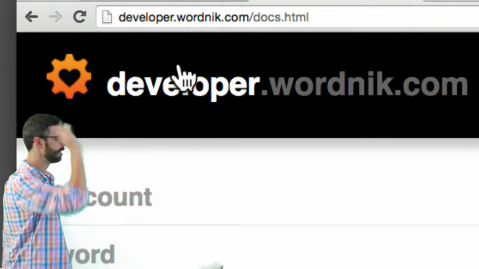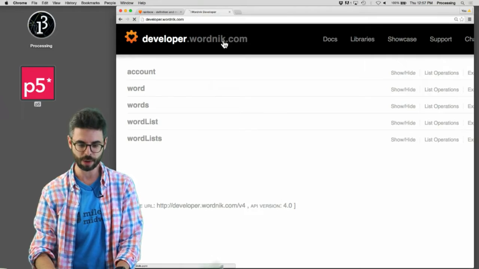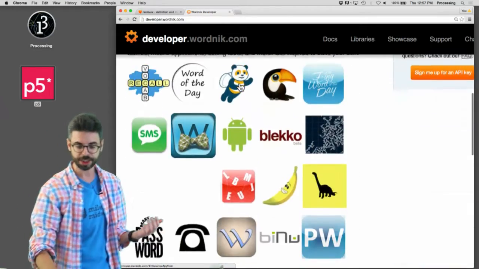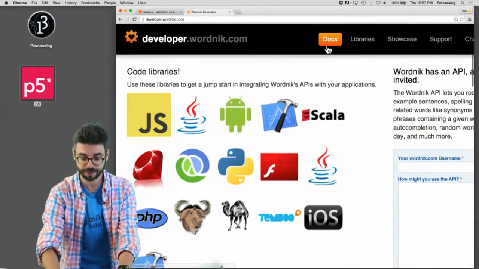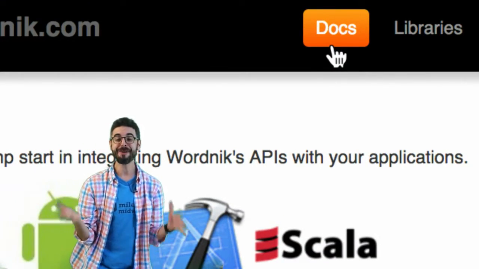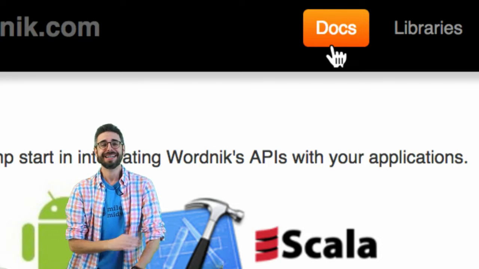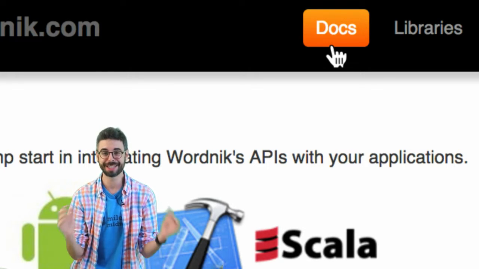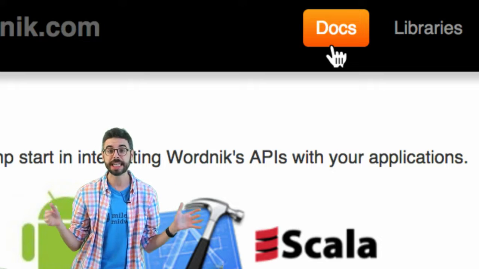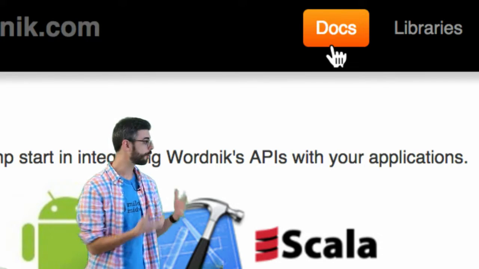But I'm going to click over here. I'm just at developer.wordnik.com now, and you'll see there's a lot of information and things that you can look at. But what I'm looking for is this thing that says docs. How easy it is to use an API is only as good as the documentation and examples are. And I think Wordnik is a nice example of an API that has good documentation. And so I'm going to walk you through how you can,